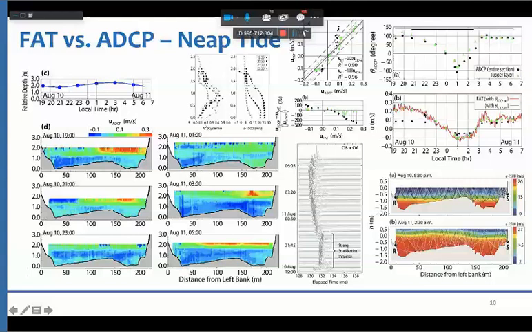So I put together a very primitive ray tracing code, and I started ray tracing. So this is the sound source, and this is a receiver. We had the sound speed variation between the source and receiver from the CTD cast. We had, I guess, about 6 or 9 CTD casts across the river, so we had a very good measurement